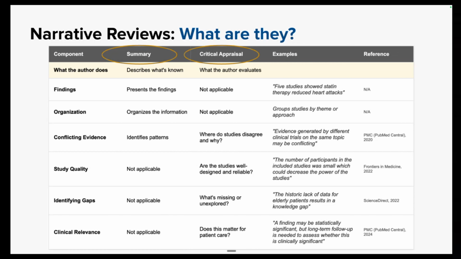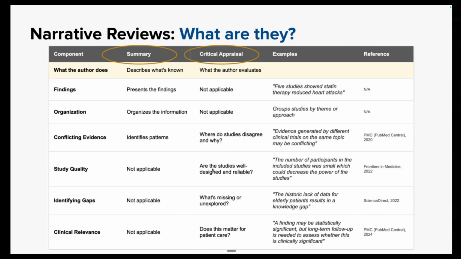which is why we started this lecture talking about some of those primary research methods, because you might look at the conflicting evidence and be like, well, that study has 10 people and that study has 100 people, or that study was an RCT, randomized control trial, and that study was observational. And so knowing some of the nuances of the primary research better equips you to come up with the hypotheses in your narrative review for why you might see some of the evidence disagreeing with one another. I hope that makes sense.